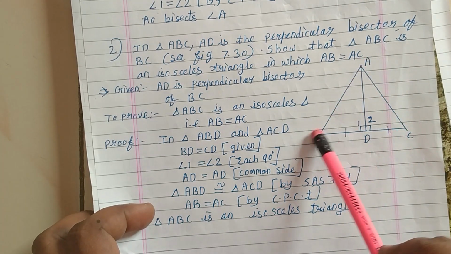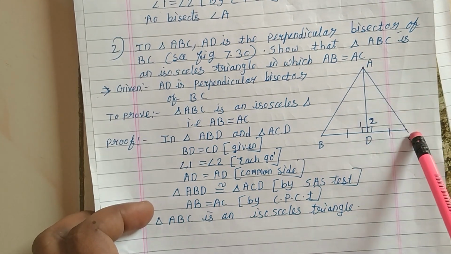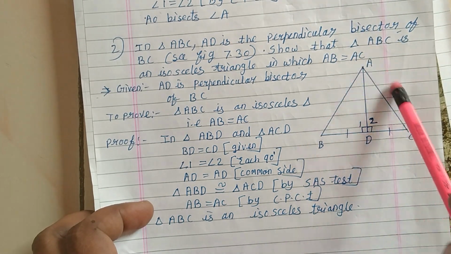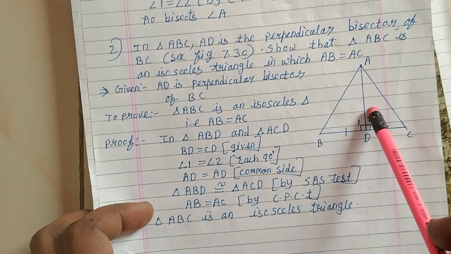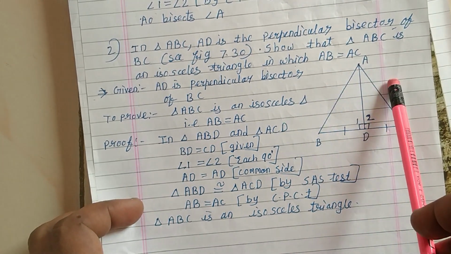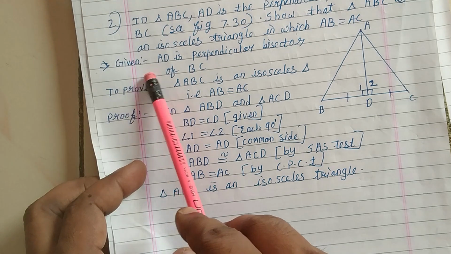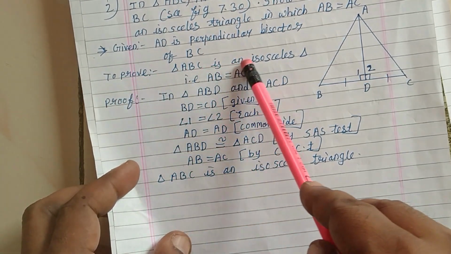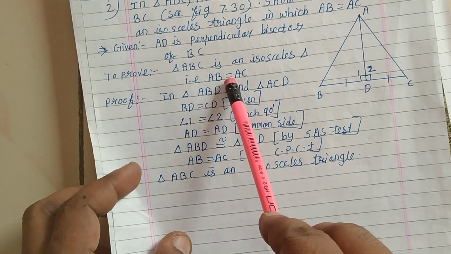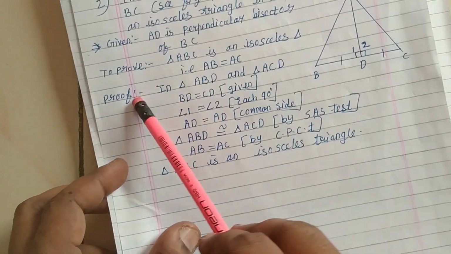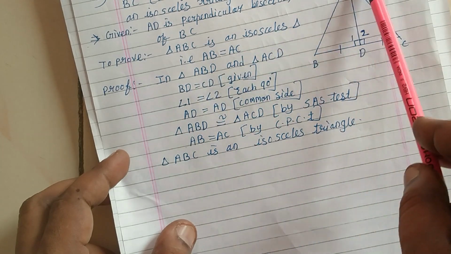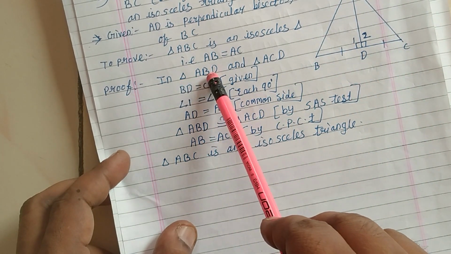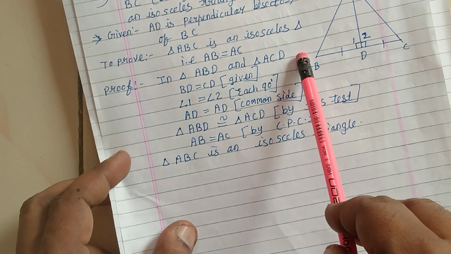So if I show triangle ABD and triangle ACD congruent, then AB and AC are corresponding sides, so they will be equal by CPCT. So we will start with the given: AD is a perpendicular bisector of BC. To prove triangle ABC is an isosceles triangle, that is AB equals AC. So we will start the proof. Which two triangles will we consider? ABD and ACD. So in triangle ABD and triangle ACD,